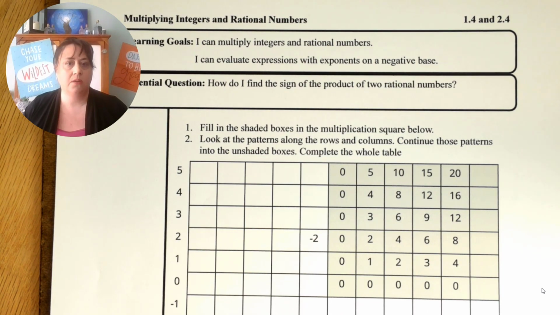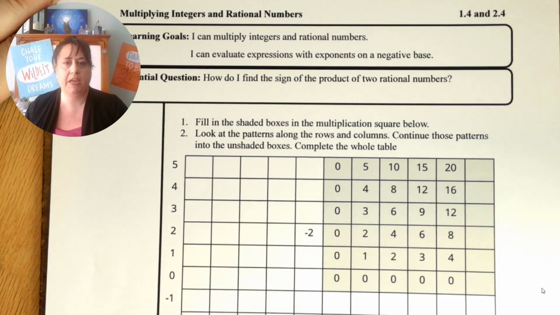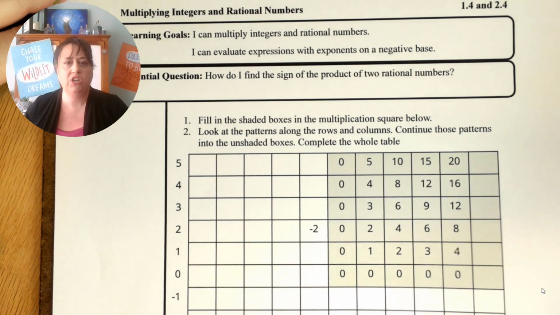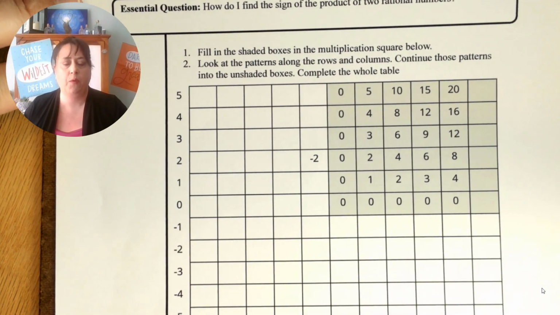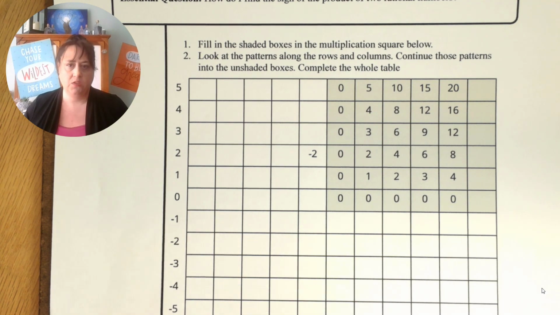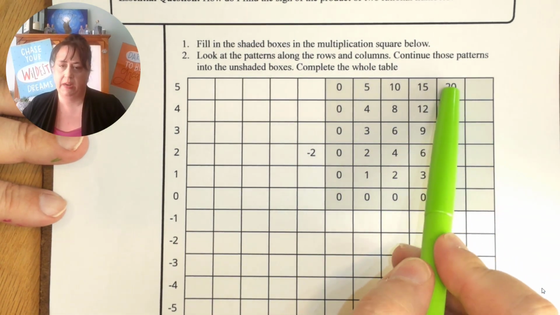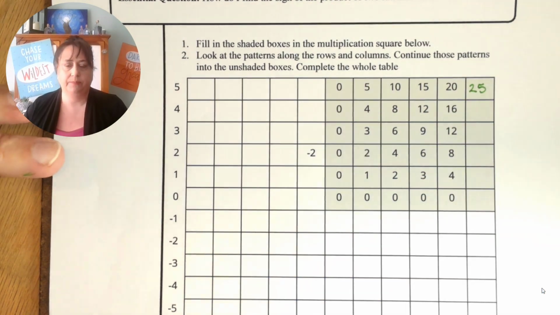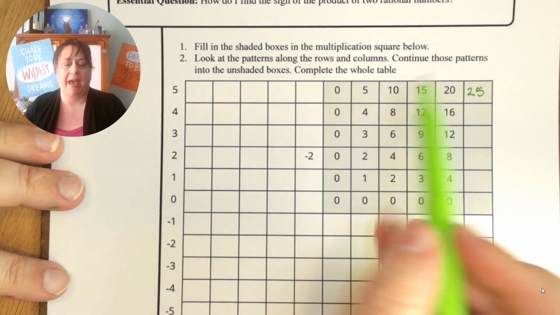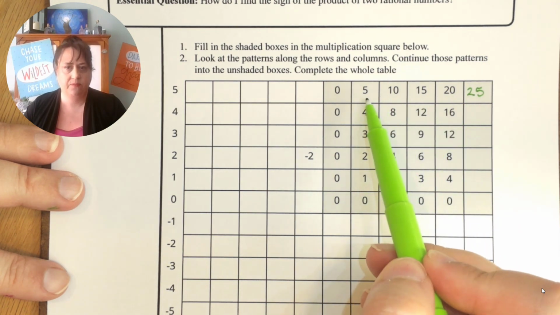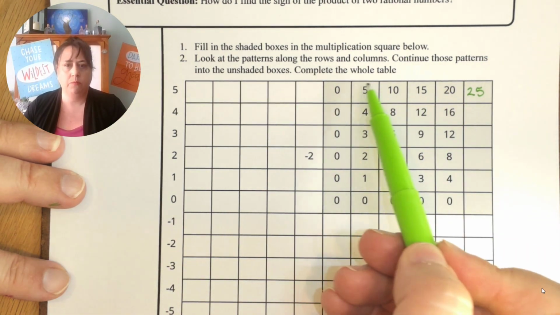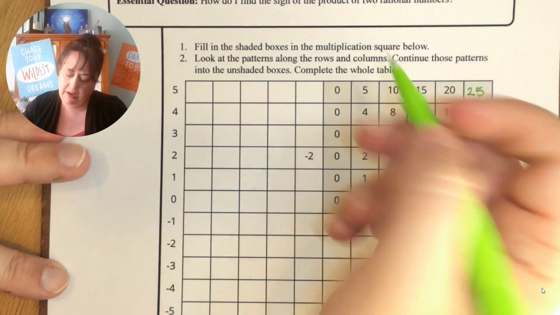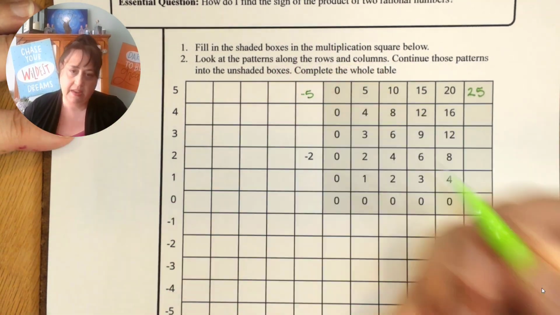So let's get started. We're looking at a multiplication chart right here. Fill in the shaded boxes in the multiplication square below. And what we're going to look for is patterns. You can see, for example, that we are counting by fives in this. 5, 10, 15, 20. So what would come next? 25. If we counted backwards, 25, 20, 15, 10, 5, 0, we are reducing by fives. So then what would come next would be a -5,